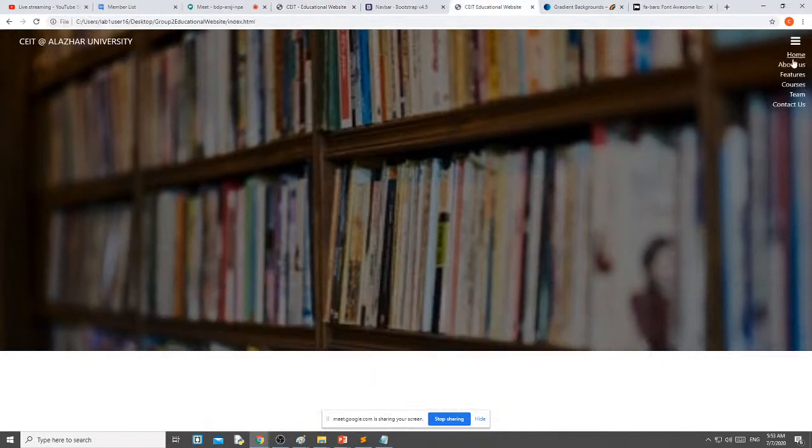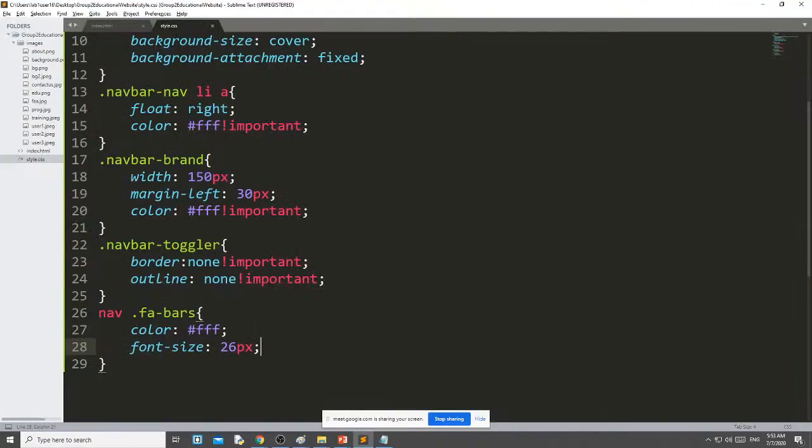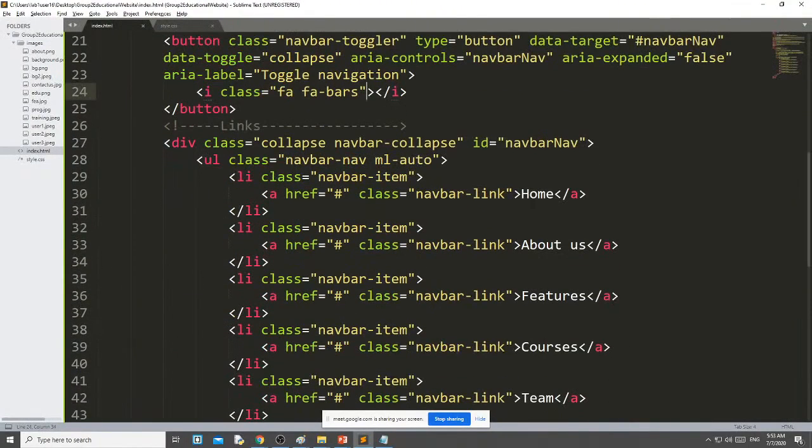I just changed it to capital letters. You can also style that, but here itself I just changed to capital letters.